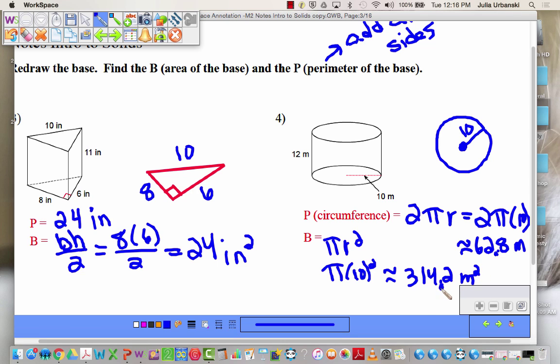Wait, where'd you get the pi r squared? From the formula. Capital B stands for area of circle. Wait, that's the base? Base area. Yeah, capital B stands for base area. Area of whatever shape we found. But you realize that all of them have this double formula. Nope, that's because circle's the only one that has a special formula for circumference. Everything else, you just add up all the